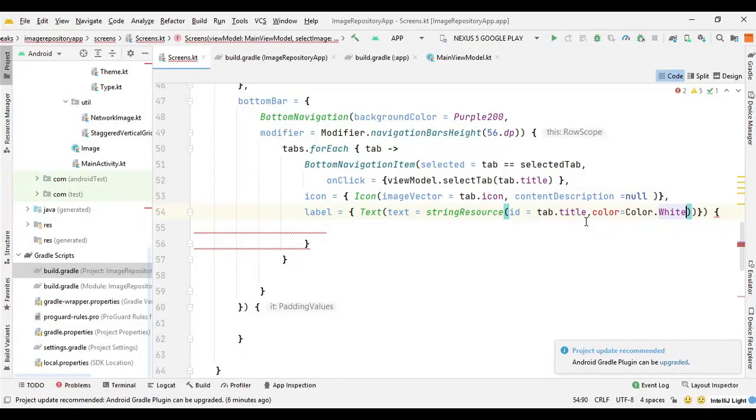Actually we don't have a problem with the color, we have a problem with the ID actually.